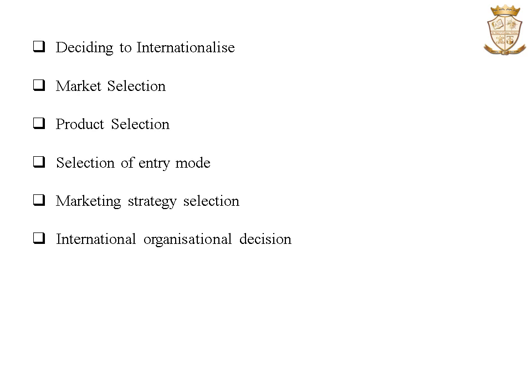The last one is international organization decision. The company has to decide the type of orientation that it should have to its international operations. It will depend upon the degree and the nature of involvement in international business. There are four types of orientations: ethnocentrism, polycentrism, regiocentrism, and geocentrism. These are the steps involved in strategy development.